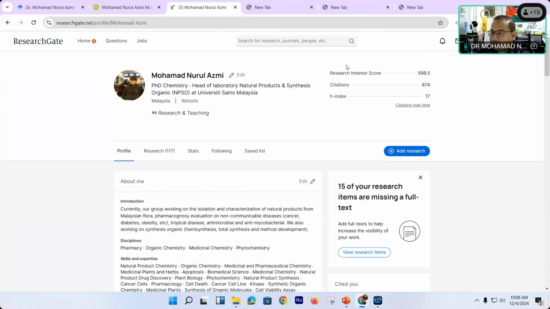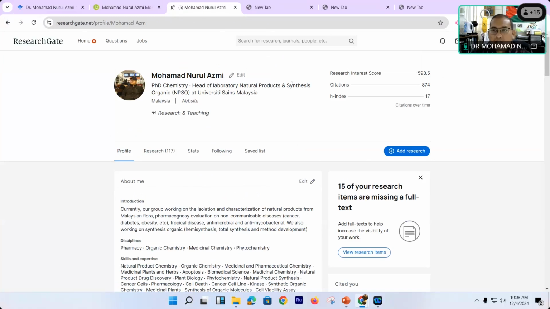I already signed the embargo to make sure our publication is not made public. So within 1 year, 12 months, I cannot share it openly with everybody. By using this, it's easy for us to transfer our paper to respected parties. So we can send it to them without any problems.